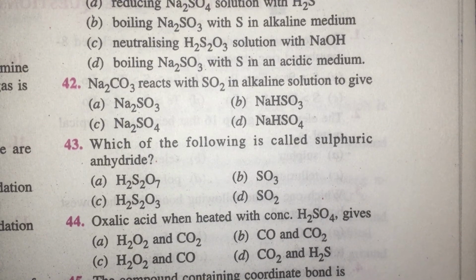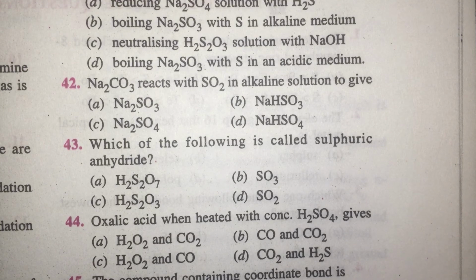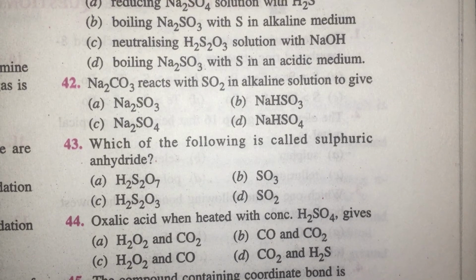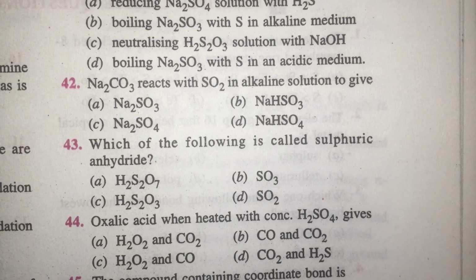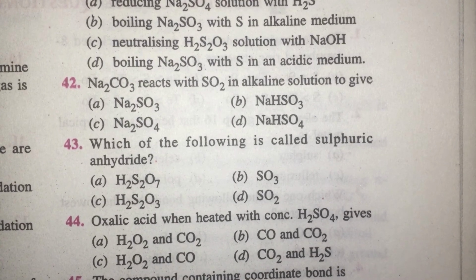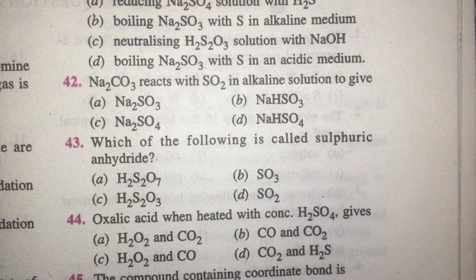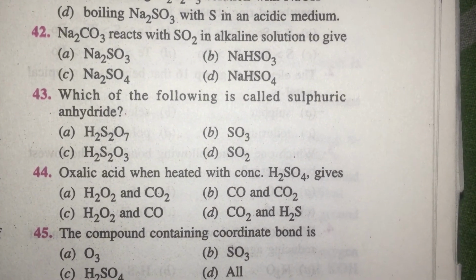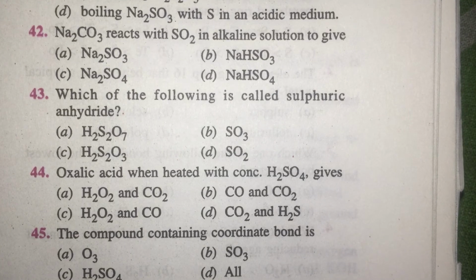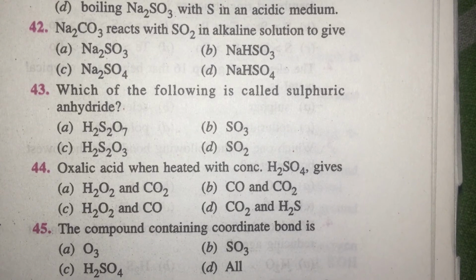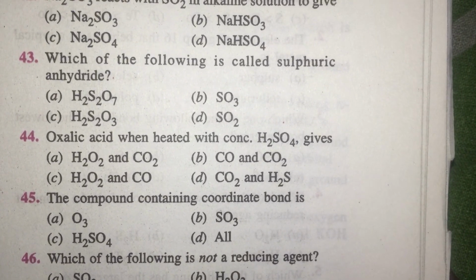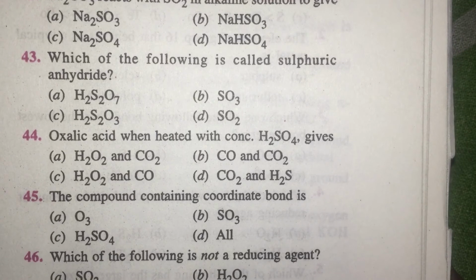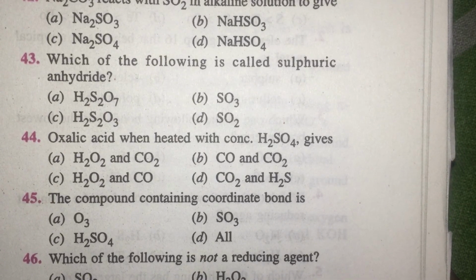If you have HClO4, in order to get the anhydride, multiply every molecule by 2 so that HClO4 will become H2Cl2O8. From that you remove H2O. So the anhydride of perchloric acid is Cl2O7. Anyway, 44th question: oxalic acid when heated with concentrated H2SO4 gives a mixture of carbon monoxide and carbon dioxide. Well, if you want only carbon monoxide, allow the mixture to pass through KOH. KOH absorbs CO2. You will be left with CO.